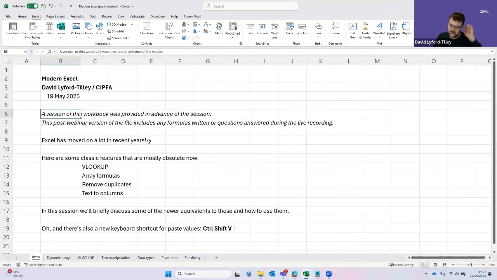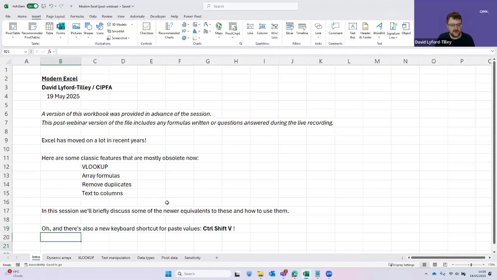So I've talked at the front here about a few of the things which I think are perhaps older features which might be familiar to you, some things you might have used in the past, which actually newer features essentially have replaced and make it more straightforward. So we're going to go over a few of those things that have been replaced. And I'm going to talk about some of the newer functionality. But the first thing I want to talk about is actually probably the newer feature in Excel that I use the most frequently,